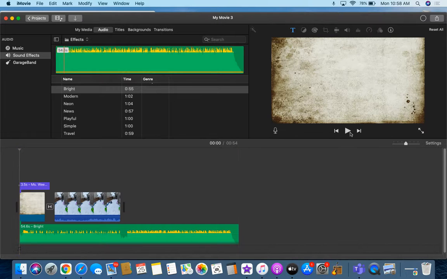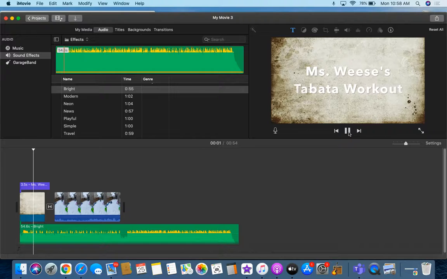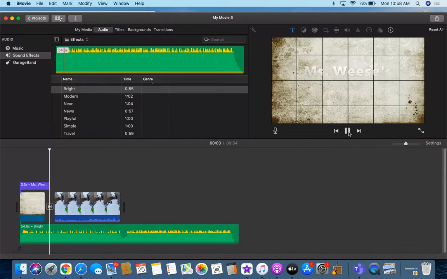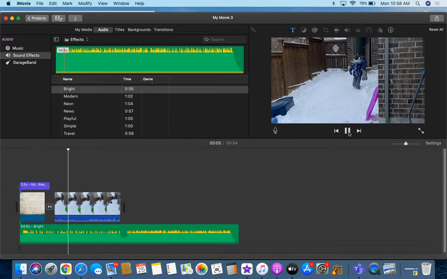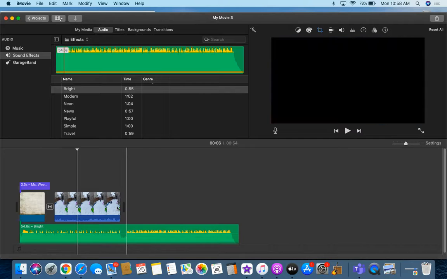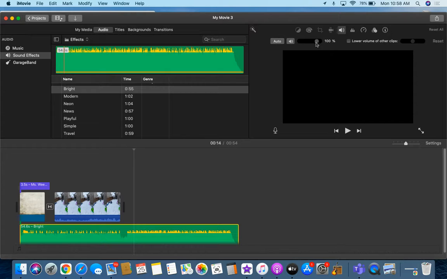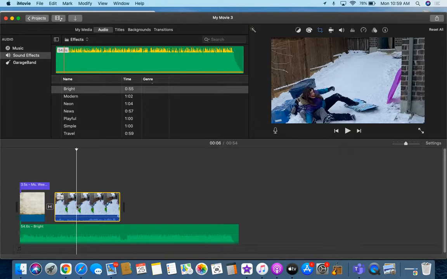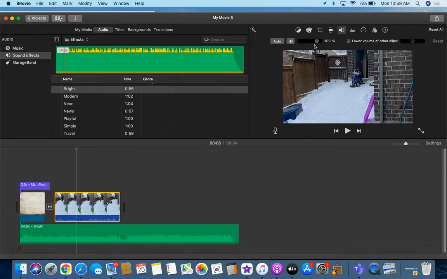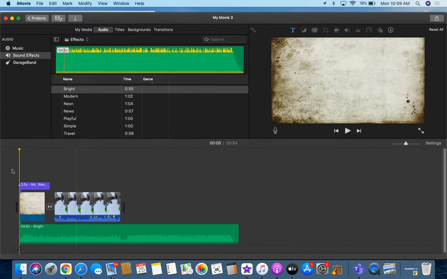And now when you play it, it blends the music with what you've already created. Notice how you can hear both things. So you can hear both the audio and the sound. However, if your audio is too loud, you just click on it till it highlights yellow. Click on the volume button and you can turn your background music up or down. Just like on your video, you can turn your video music up or down until you get a